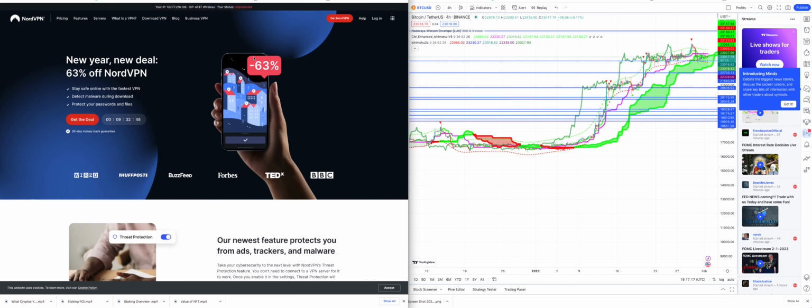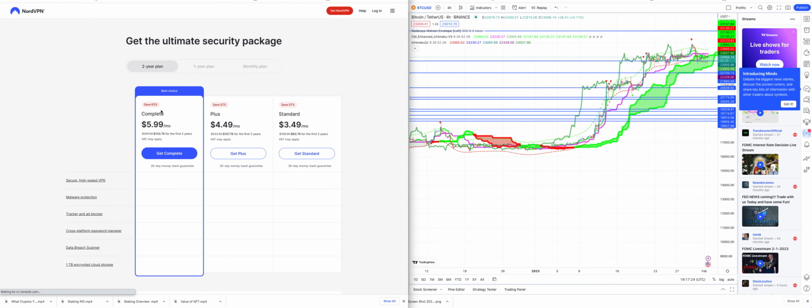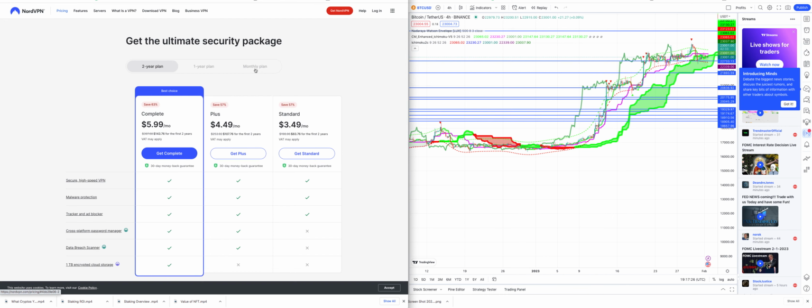So I encourage you guys to check out NordVPN. It's not a lot of money, folks, to get a VPN. Their pricing, I think, is affordable. If you don't want to pay for the year or 2-year plan, you can do the monthly plan. That's how I started out first, and then I paid for the yearly plan. But you can start out with the monthly plan for the VPN.